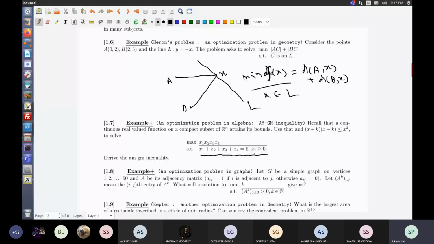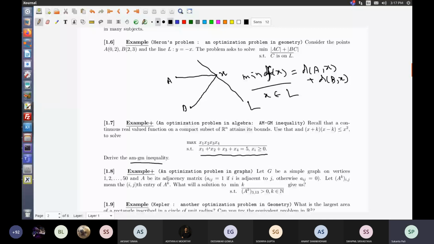A minimum you don't have to find, for example. The minimum will be 0 anyway, since each point has non-negative coordinates, so the functional value at each point is greater than or equal to 0, and at (5, 0, 0, 0) it is 0. So the minimum will be 0 anyway. And you can derive the arithmetic mean geometric mean inequality after solving this. Therefore, you do not use the arithmetic mean geometric mean inequality to solve this problem.